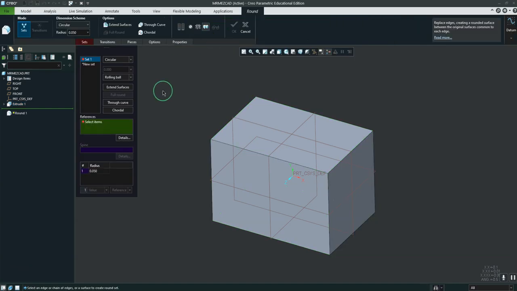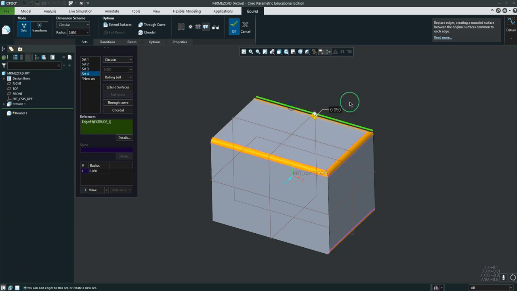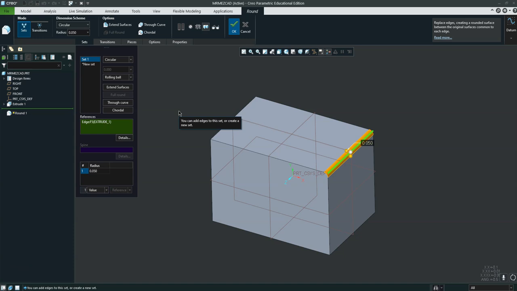All right, and once I click round, I'm going to hold the control button in the bottom left of my keyboard. This is very important with rounds, because if I don't hold control, you'll see as I click, it creates additional sets. I don't want that. So I'm going to undo that. The disadvantage would be all these sets have separate dimensions, which means if I change one, they're not both going to change. All right, so I'm going to hold control,